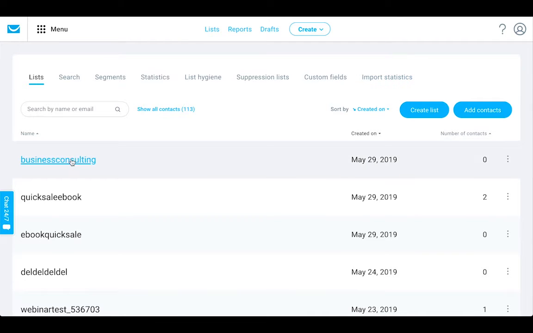For example, I've got one for my business consulting materials, let's say. So all of my marketing that I do related to my business consulting business, I'd be doing it within this particular list, and people who sign up for my consulting mailing list, this is where they would be added. So you can create a new list right here, or add contacts to your account in a particular list with